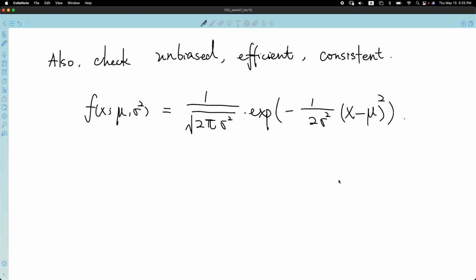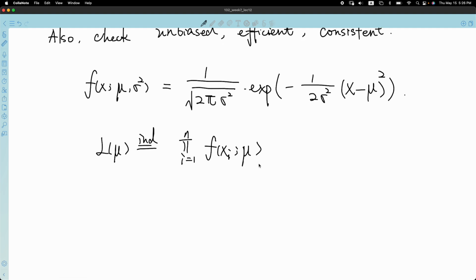Last time we already calculated the MLE for mu, so let me just do it again as a quick summary. Here I'm going to write the joint likelihood, and this is due to the independence. You can write the product from 1 to n of f of x with subscript i. Now I'm going to focus only on mu, so I just write mu after the semicolon. When you are working on mu or one of the parameters, you can consider the other one as a constant, as fixed. And then when you take the product,